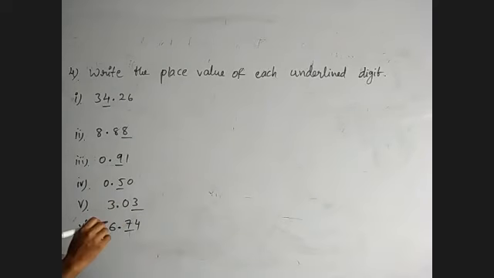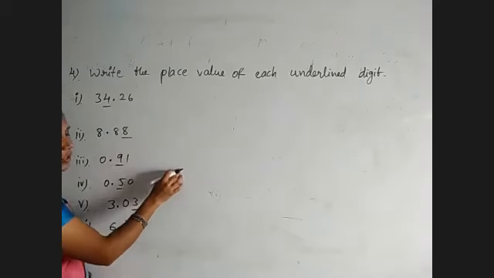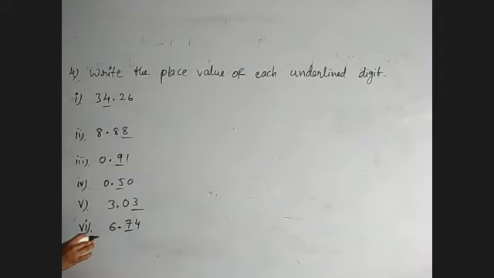In all these numbers, we have only 2 decimal places after the point, meaning the tenths and hundredths digits are given. Before the point, except in the first problem, all the numbers have only one digit. Now just observe the first problem. For the underlined digits, we need to find the place value. Place value means the face value multiplied by its place in the place value chart.